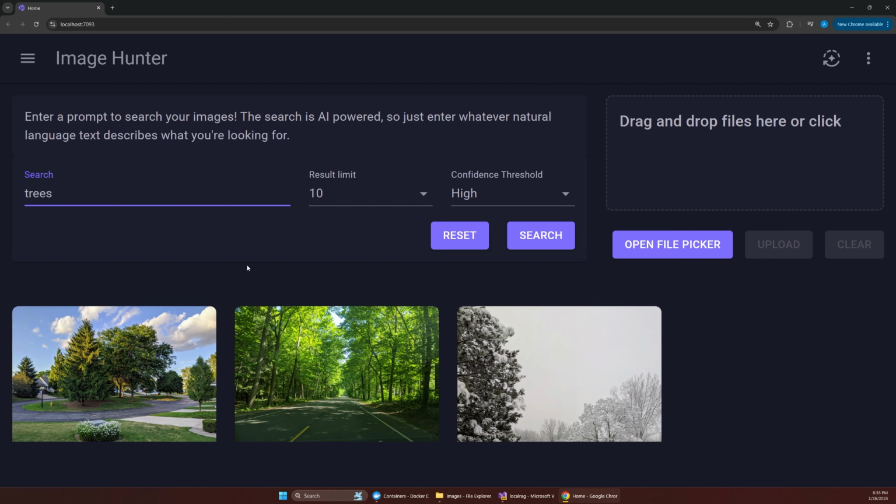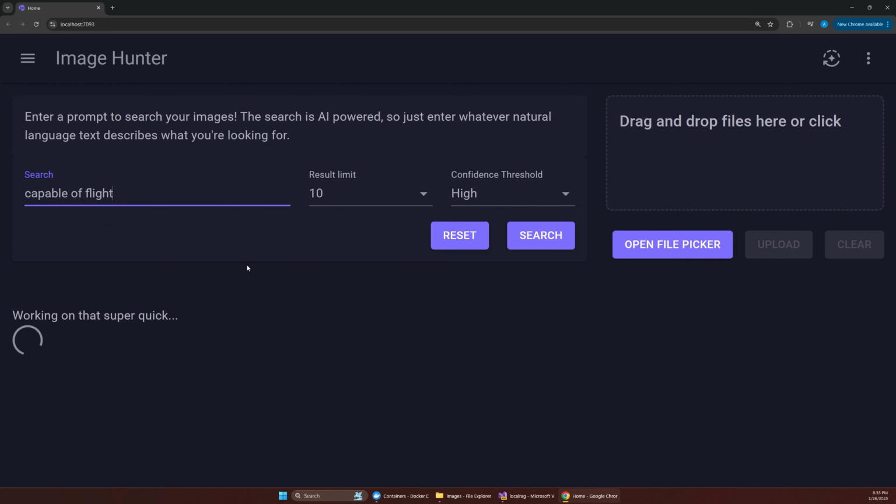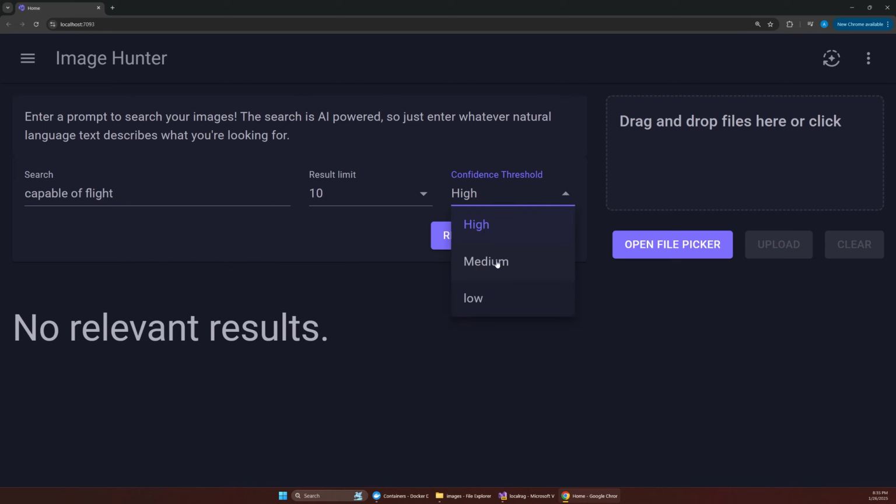However, because this is vector search enabled, we can enter in much more than just keywords or certain terms. So I could say something like capable of flight, and at first you'll see that there's no relevant results, but that's because of this setting over here called the confidence threshold. So this essentially tells the app how sure it needs to be about the results before it will show them. And by default, it's set to high. But if I were to switch this to medium, that will allow slightly less confident results from the vector search